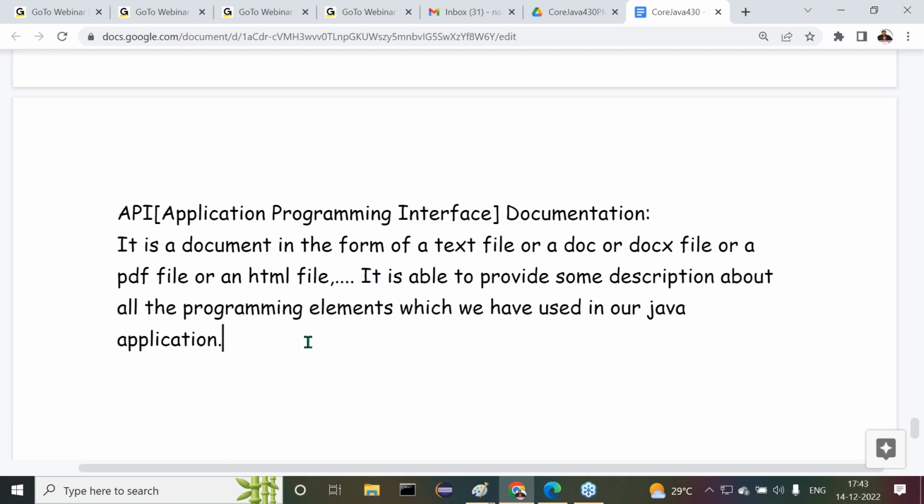Observe carefully what I am telling you. Everybody must understand this. What is this API documentation? API means application programming interface documentation. It's a document in the form of a text file or a doc or docx file or a PDF file or an HTML file and so on. It may be anything. It is able to provide some description about all the programming elements which we have used